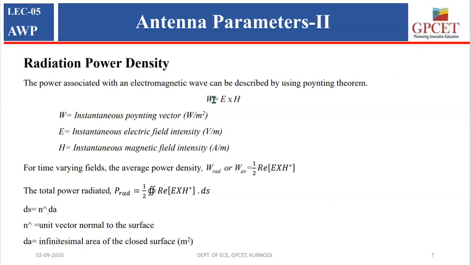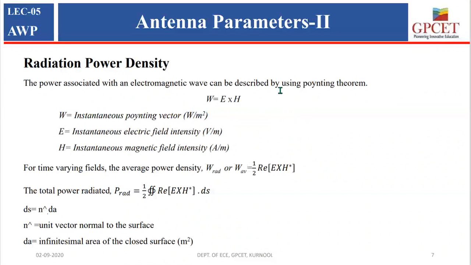Once again I repeat, take an antenna, give the time varying current or time varying voltage as the input to that antenna, then that antenna radiates electric and magnetic fields into the free space. Now if you want to calculate the power in the free space due to these electric and magnetic fields, if you want to know the power,